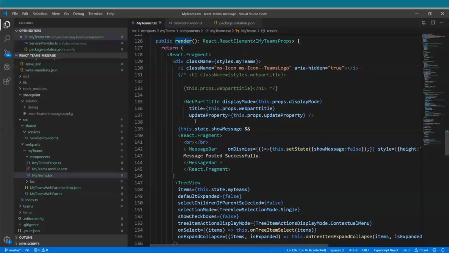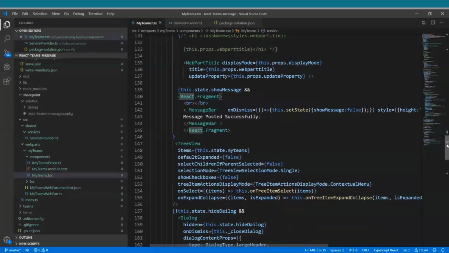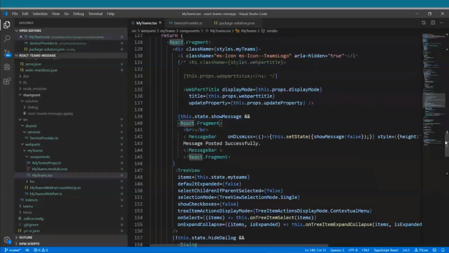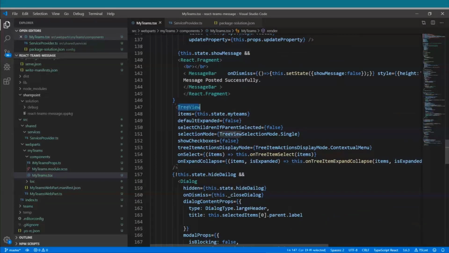In the render method, we have the controls which are being used from the PnP reusable controls library. One of them is the web part title, to make the web part title configurable. Then there is a tree view control. This control is something I was really excited to use in the sample.